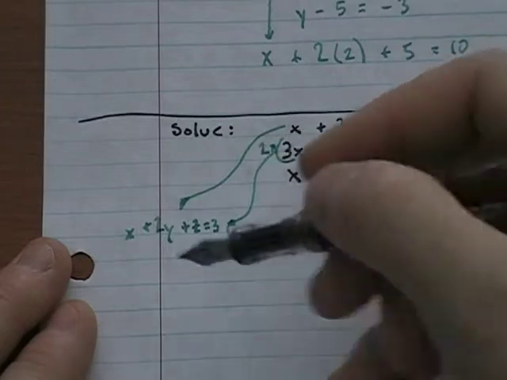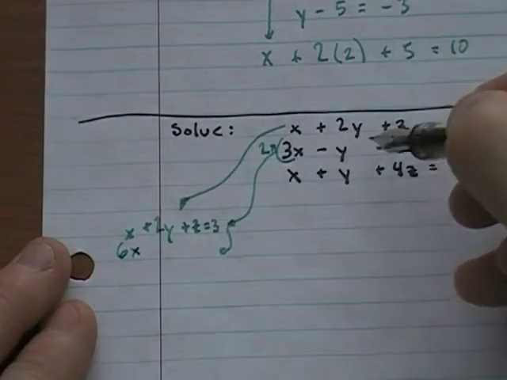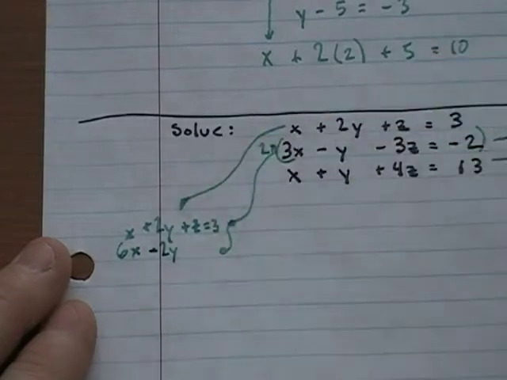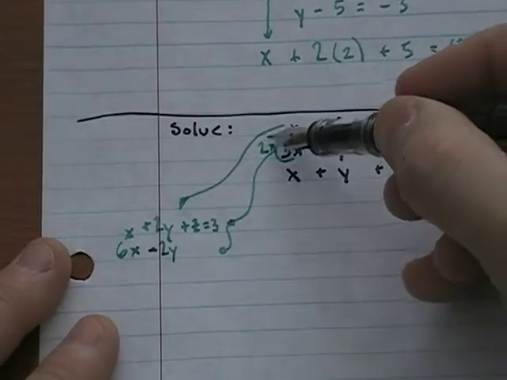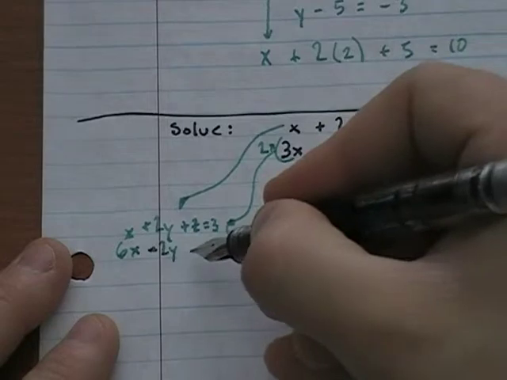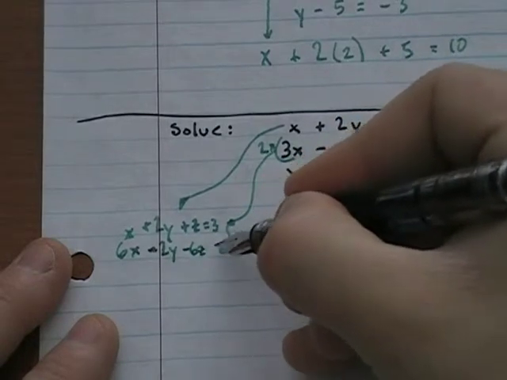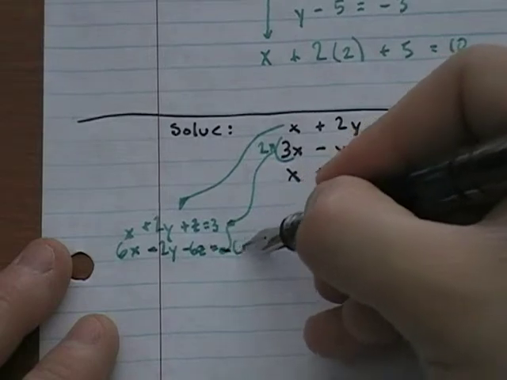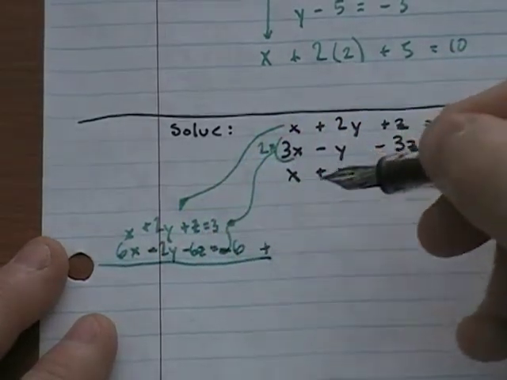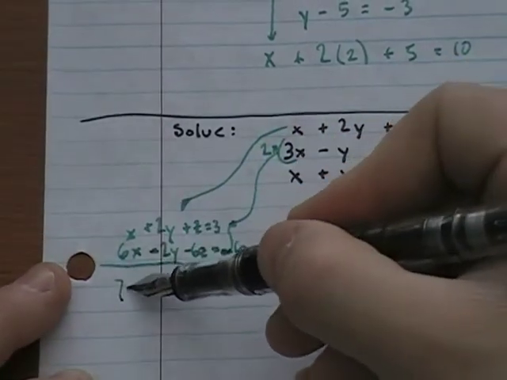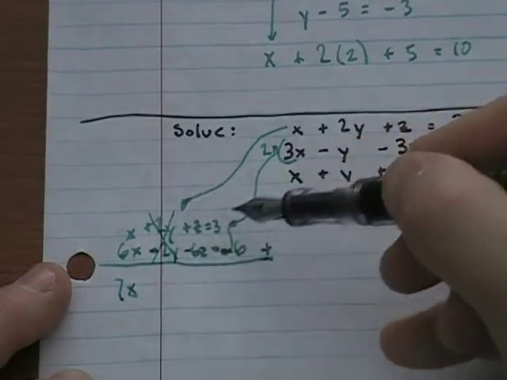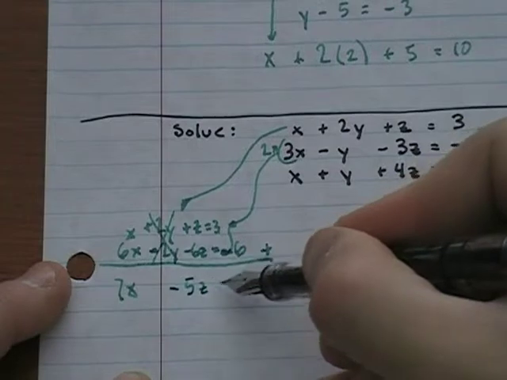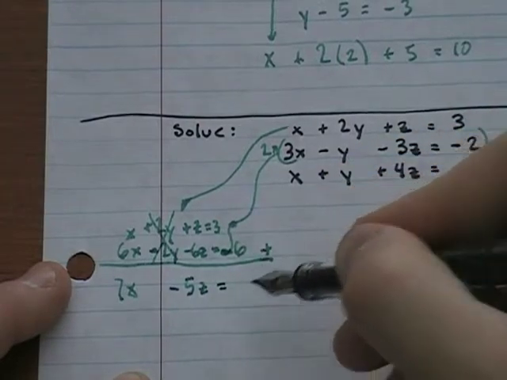So 2 times 3x is going to give me 6x. And 2 times negative y is going to give me negative 2y, and that's going to go away, which is what I'm shooting for. And 2 times negative 3z is negative 6z. And 2 times negative 2 is negative 6. And so I'm going to add those together. So I get 7x, these guys go away, and z minus 6z is minus 5z, and then 3 plus